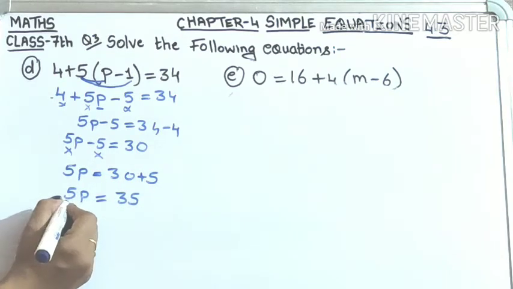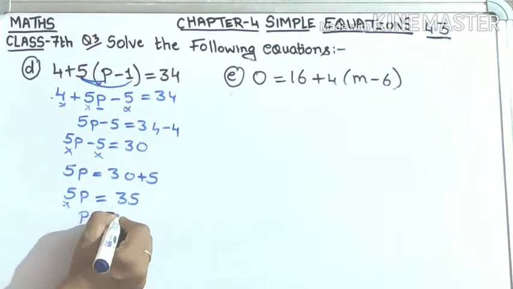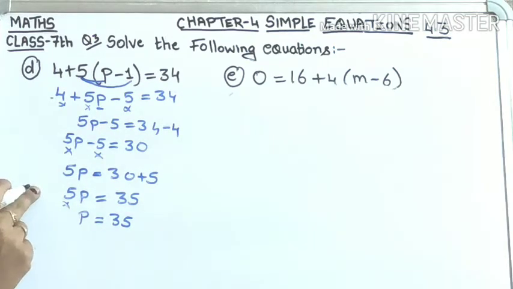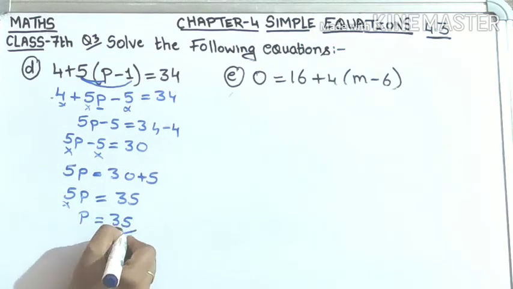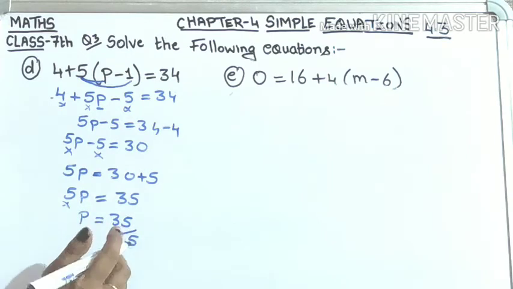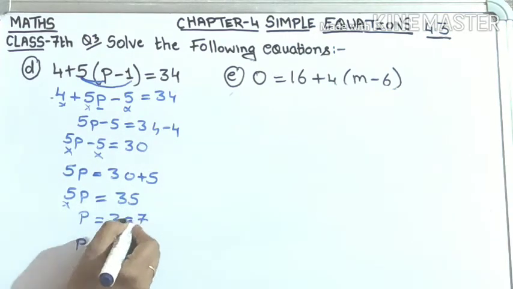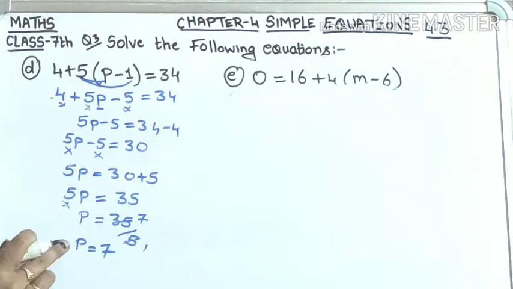Now again with the variable p, 5 is given, we have to remove this 5. p equal to 35 as it is, and it is given in the numerator. So after transposing, it will come in the denominator, means it is given in the multiplication. So after transposing, this 5 will be divided, so it will come down. p equal to 35 upon 5, 5 7s are 35, p equal to 7. So we got the value of p, that is 7. So this is the answer for D1.